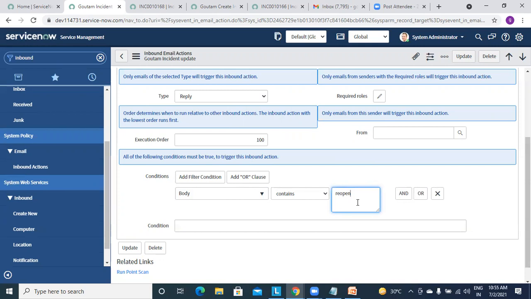In such scenarios, you can have multiple inbound actions for reply, like one if the body has open, one if the body has update, and you can have different inbound actions. Clear?